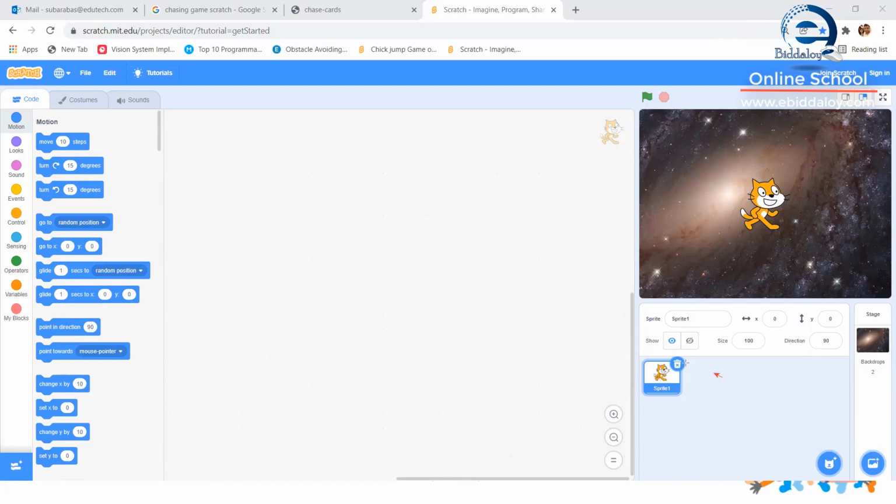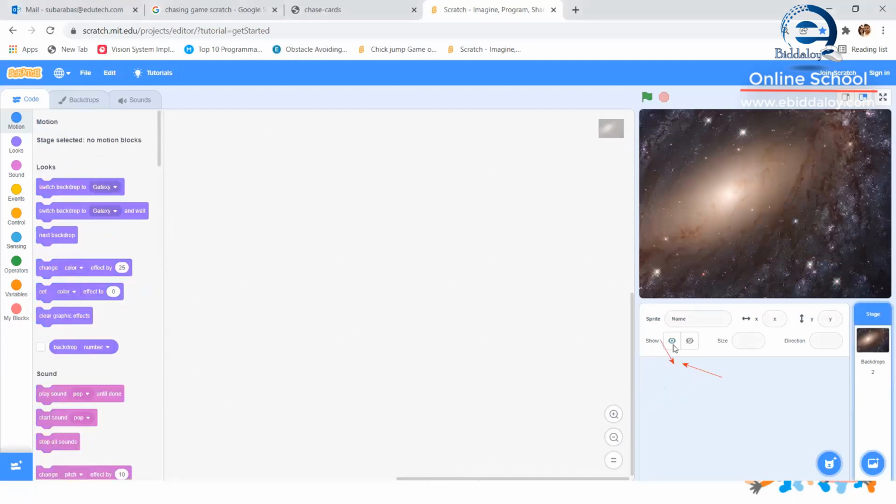Okay. Can you delete the cat which is already here by choosing this delete box? You can see a small delete option here near the small cat, this one. So if you click here, the cat will get deleted. I want a robot in the game. So you have to first delete it, and then you're going to add a new character. Okay. So once you delete it,